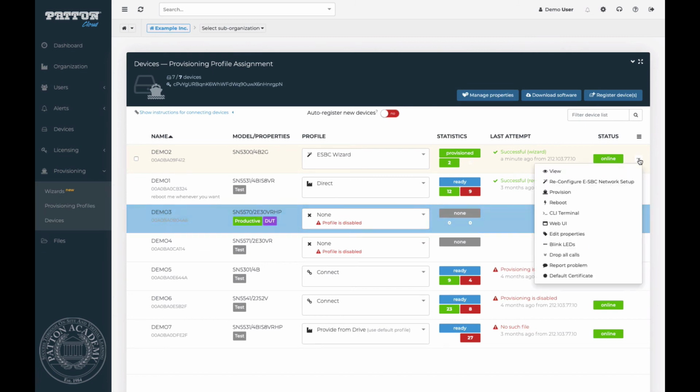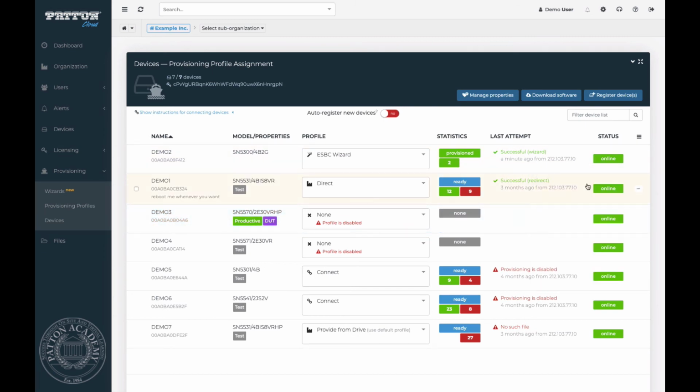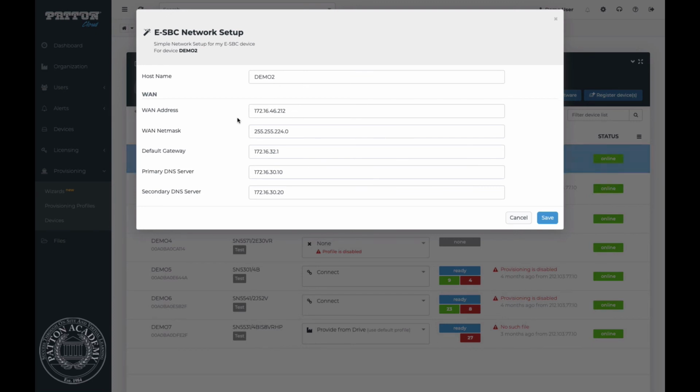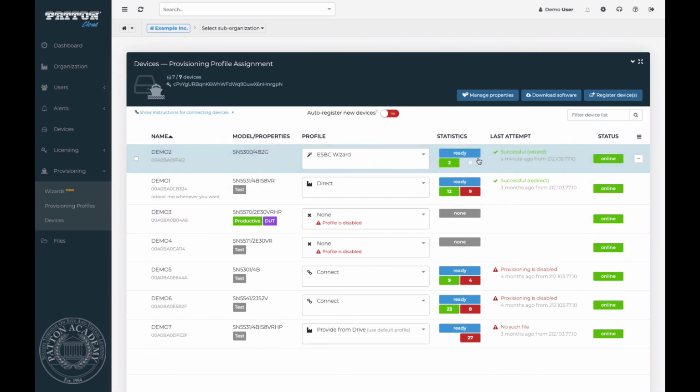If you want to change one of the configuration parameters, then we just re-enter with the wizard. We click on the right-hand menu and choose Reconfigure. So the wizard is launched again, and as you can see, all the values are read back from the previous configuration. So if we change this to Demo_2, for example, and click Save again, we see that the provisioning state goes back to ready. Now we basically have to wait until the device contacts the cloud again for re-provisioning. And this depends on how the configuration is set up for that device. Typically it happens once a day at midnight,